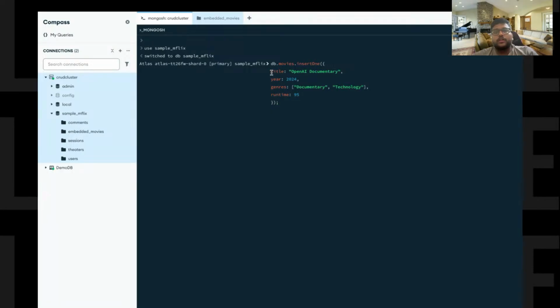Then we are specifying the details or attributes of that document: the title of the movie, that is OpenAI documentary, the year of the movie, then genres, which contains a list of genres, documentary and technology, and the runtime. Once we press enter,